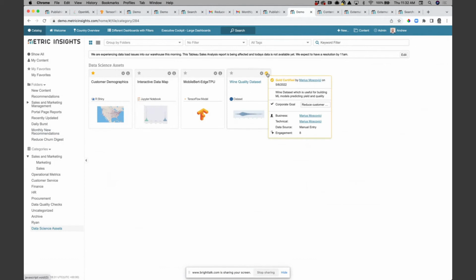The final piece of that diagram was around tracking usage and gathering feedback about these models. It's true for any sort of BI asset or data science asset that it essentially has a shelf life.